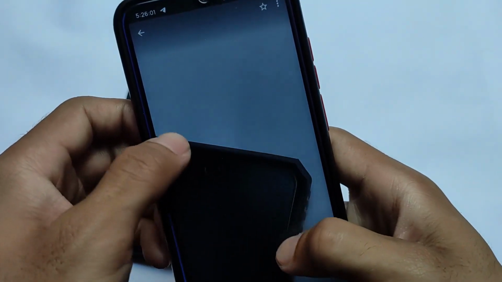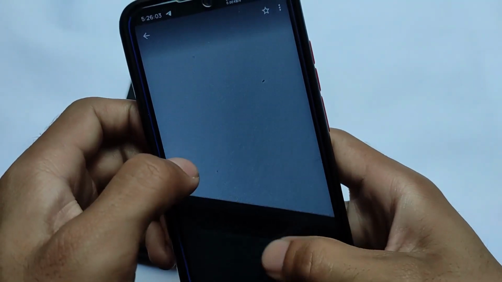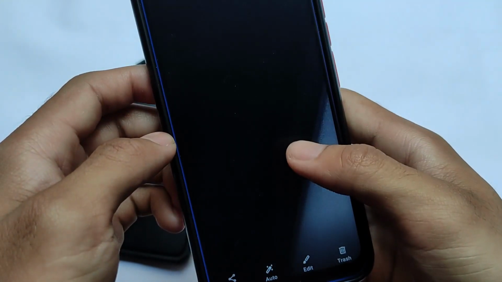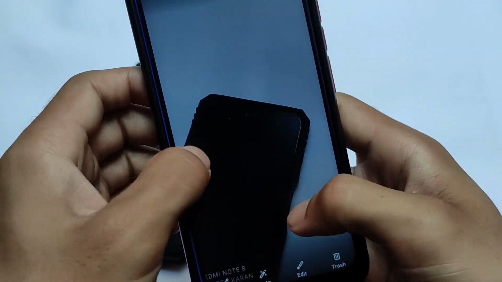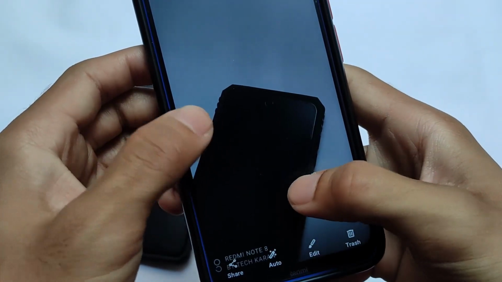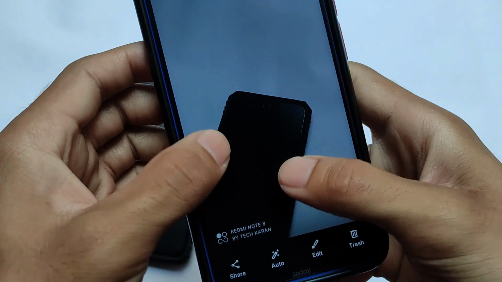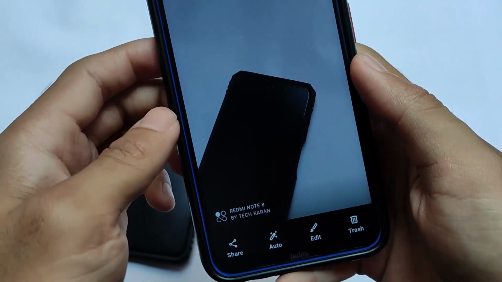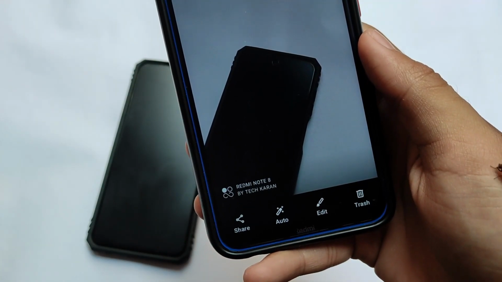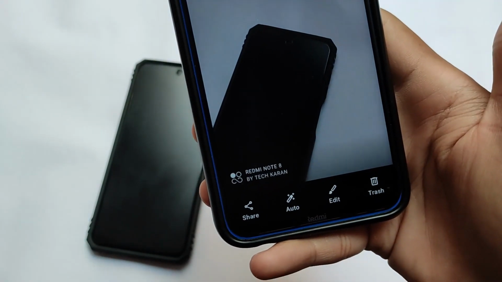This is the one which I am using. This is how it is showing. As you can see, Ultra HD preview is just working fine here, no issues in this one. And also, as you can see, the custom watermark, Redmi Note 8 by Tekken, I've tried that custom watermark which is working perfectly fine. And you can use the custom watermark, or you can use the default device watermark. You will see ANX camera by default, and all these things I have already shown you.